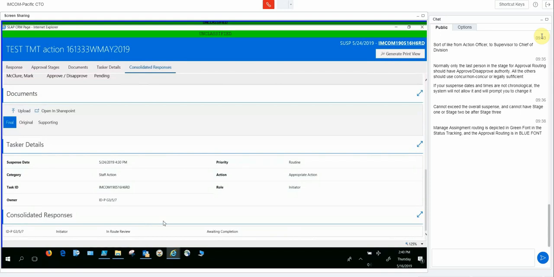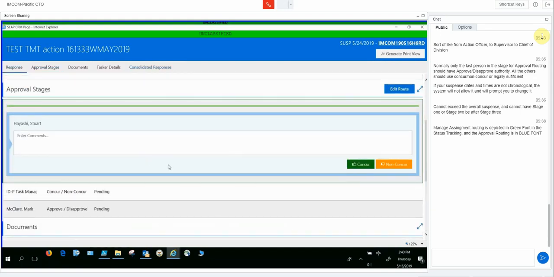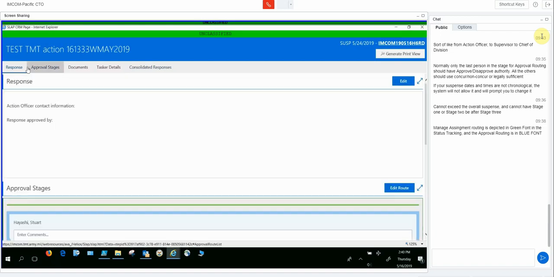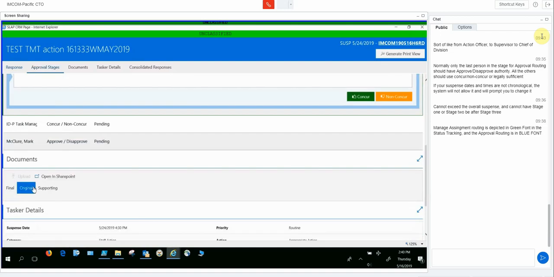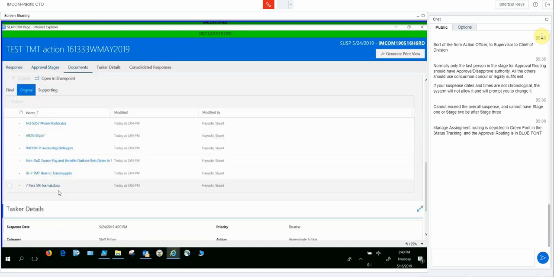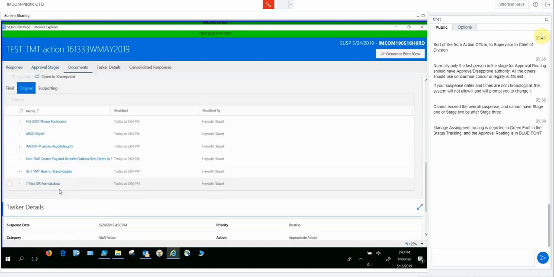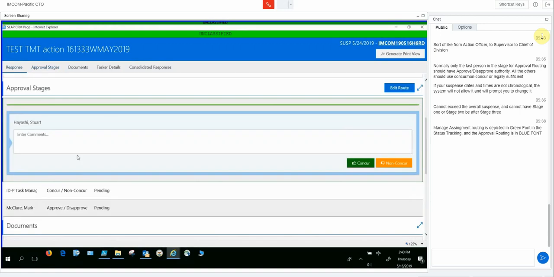Waiting completion, I guess it's because I canceled it. Anyway, so as the initiator, I look at the documents that were submitted. I'll look at the responses. And if I say this is good, then I can just type in submit. Then once I hit concur,